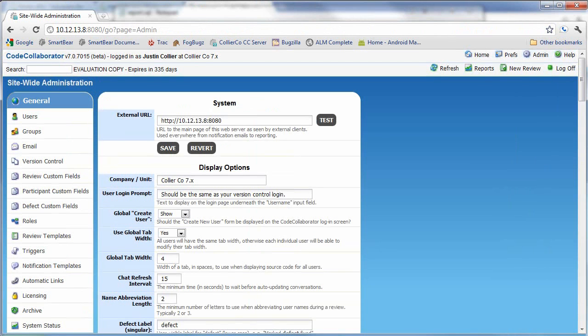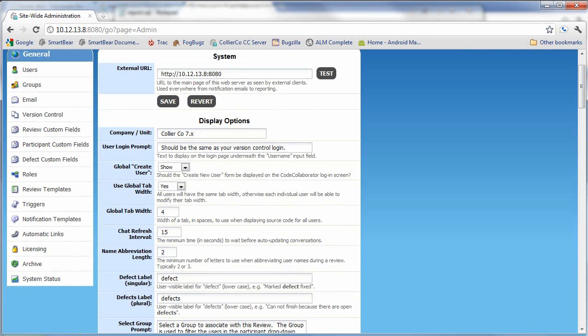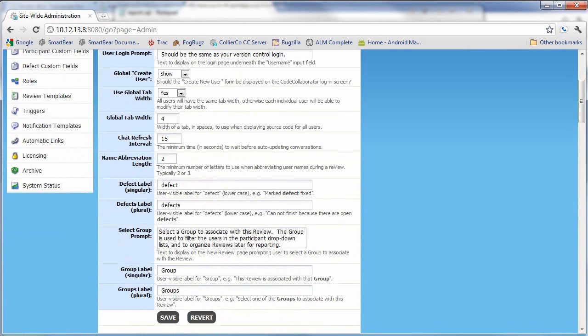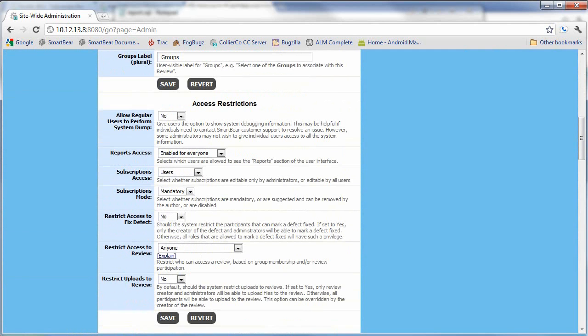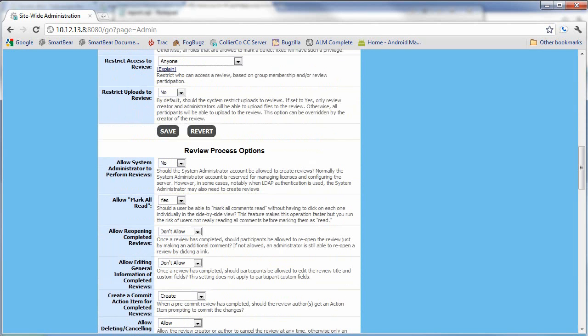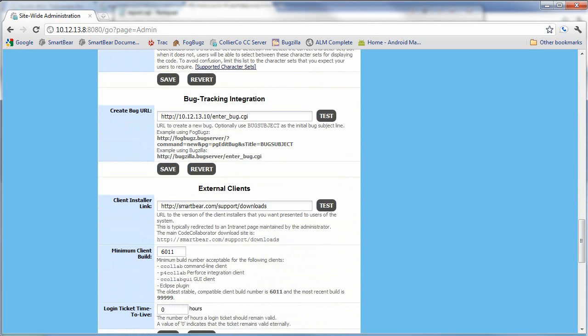Within the admin area, you'll find all kinds of configurable items for the tool. And over on the left-hand side, you'll see your navigation pane and then all of the information that's made available. We talked about how you could customize the term defect, and this is where you would change that. As we scroll down, we'll find access restriction information, and that includes everything from preventing people from seeing reports or participating in reviews. As we scroll down further, we see review process options, and even details about bug tracking, integration,